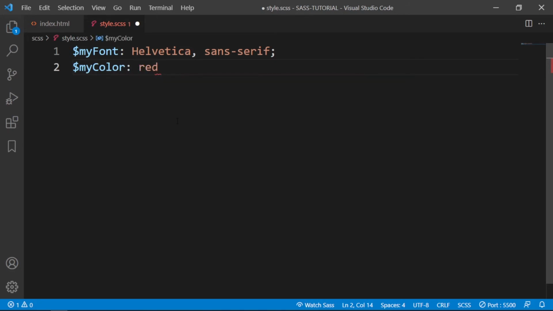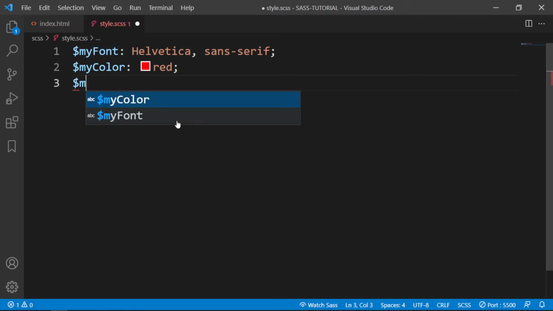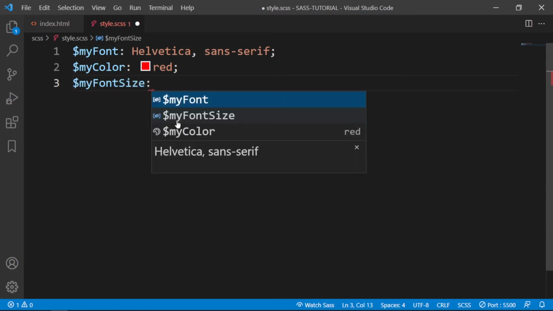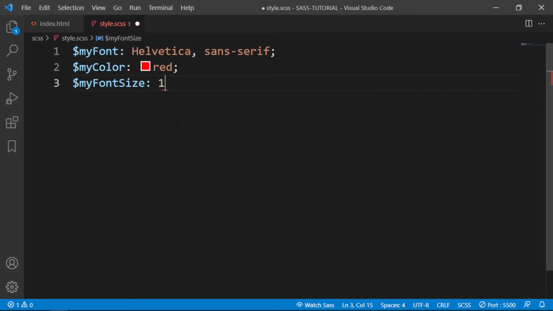would be red, semicolon, then $my-font-size, you can make it say 1em, semicolon. By the way, if you want to learn more about CSS or HTML, you can watch my CSS or HTML based videos. Then I'm gonna define another variable,